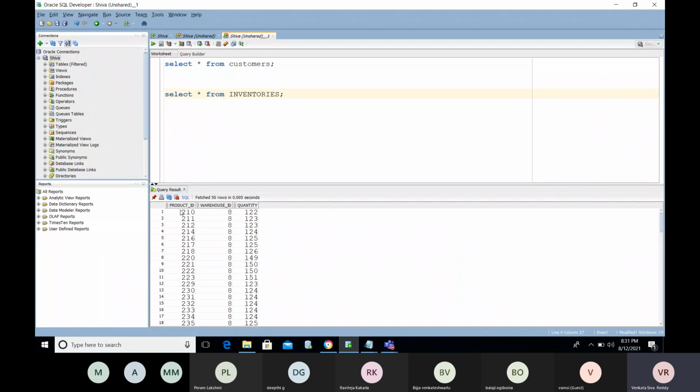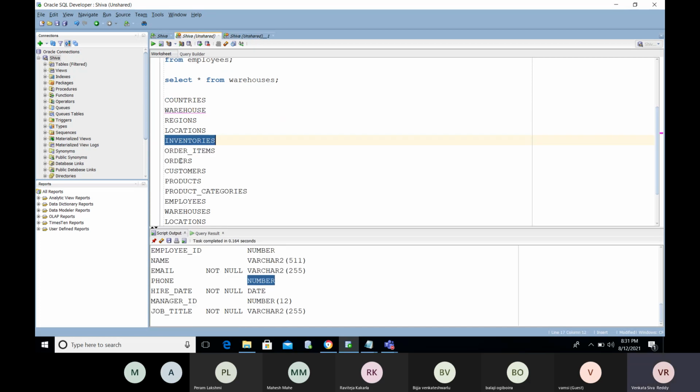We have only product ID, warehouse ID and quantity. So warehouse ID, product. In warehouses, do we have any column like that? Warehouses only, and warehouse.